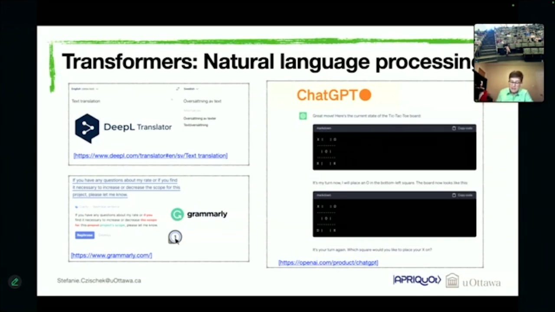And the reason why all these models are so powerful is because they are based on these transformers, which are really strong in dealing with long-range correlations. And this is the reason why in all these tools, we can use long text. So we can translate, or also have checked long text using these artificial neural networks. And this is because transformers are so good at dealing with sequential data.